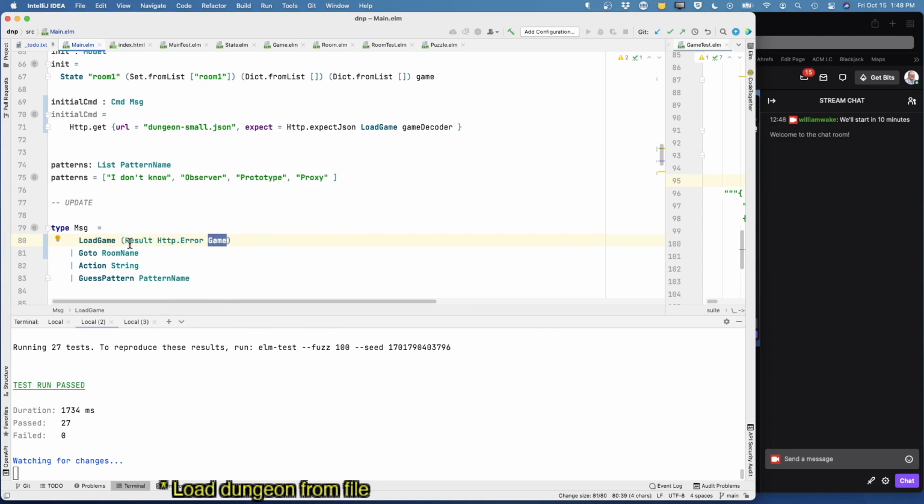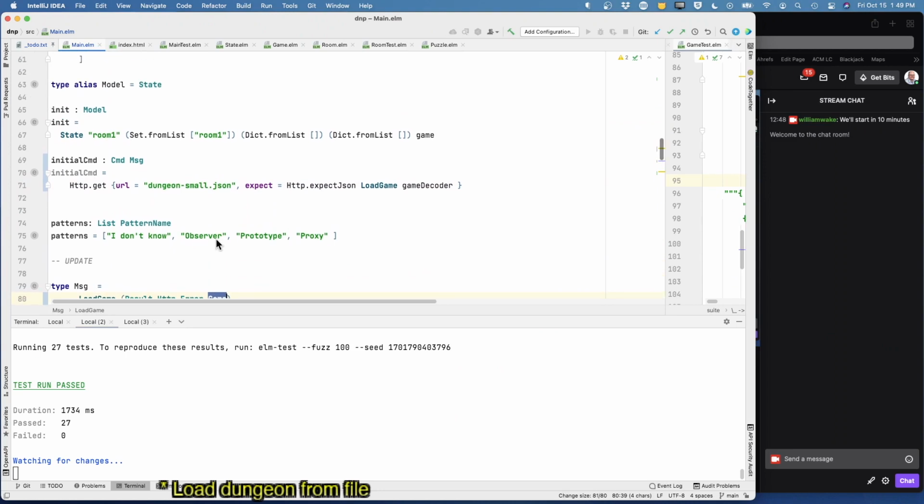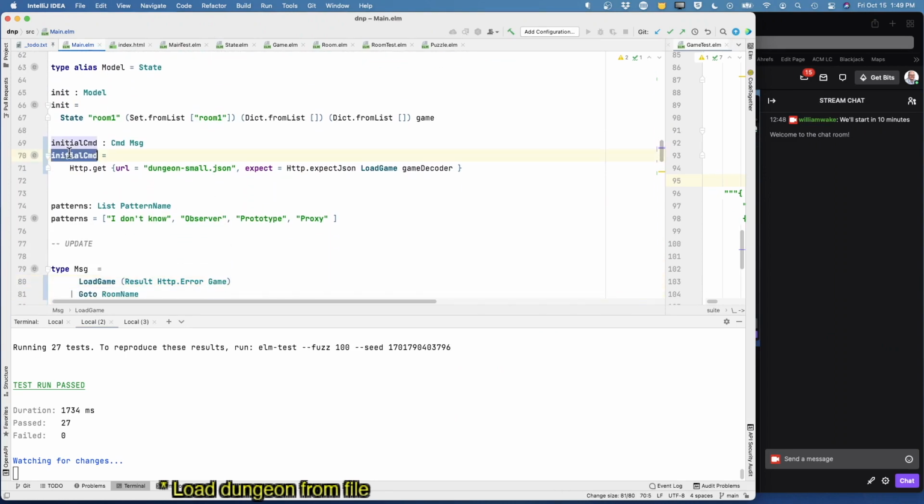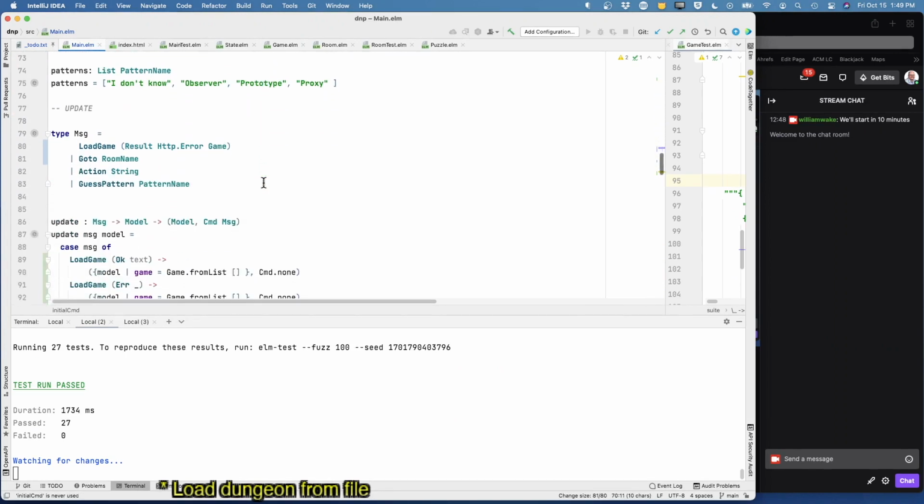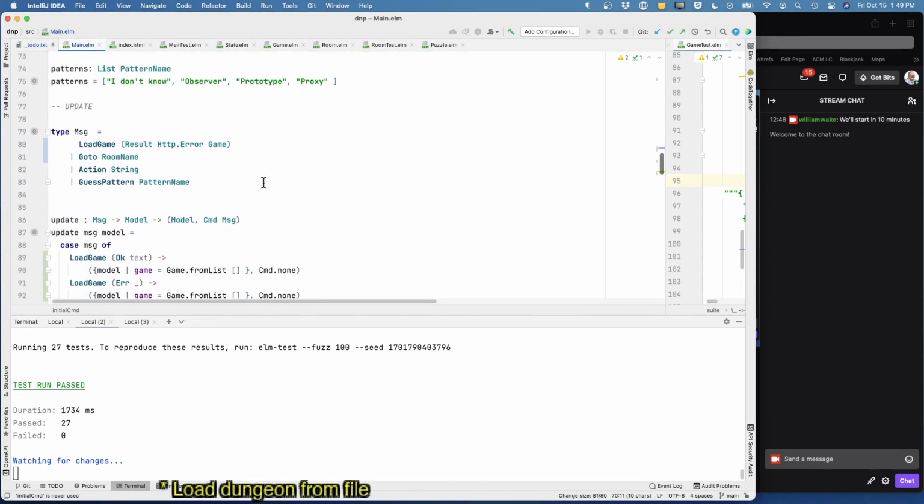Okay. But so our load game, I guess the expect JSON wants to know the decoder that it can run to produce this. Yeah, so I think the sequence is when the expect JSON gets going, it's going to call load game, run the game decoder on the string it loads, the file it loads, and hopefully that produces the type corresponding here, and you get your game. Okay. Now we haven't used it in any kind of real way yet, so there is that slight complexity. But now I think we're able to say